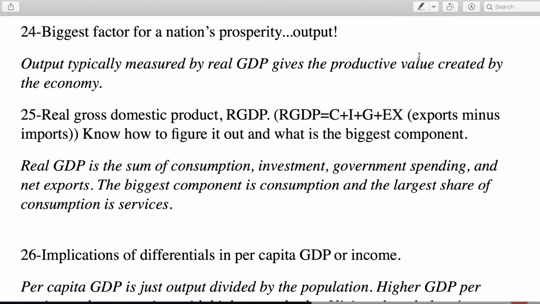We want real GDP because it's going to be corrected. It's going to be inflation adjusted. Real variables are inflation adjusted variables. Those are going to be actual outputs rather than nominal GDP. Think of how GDP is calculated. It's the market value, so it's going to be price times the quantity. Those prices can be influenced by inflation, of course.